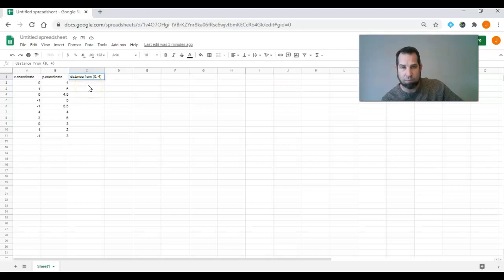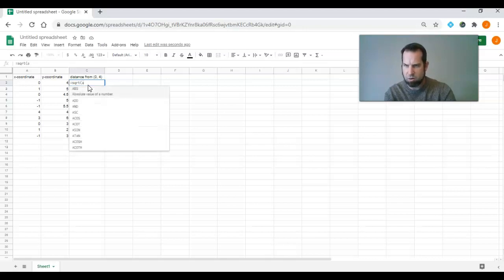But since it's 0, 4, what I'm going to do is an equal, and we want to take the square root. So square root, and again, my x is not changing at all. So that's my A2 here. So I have A2